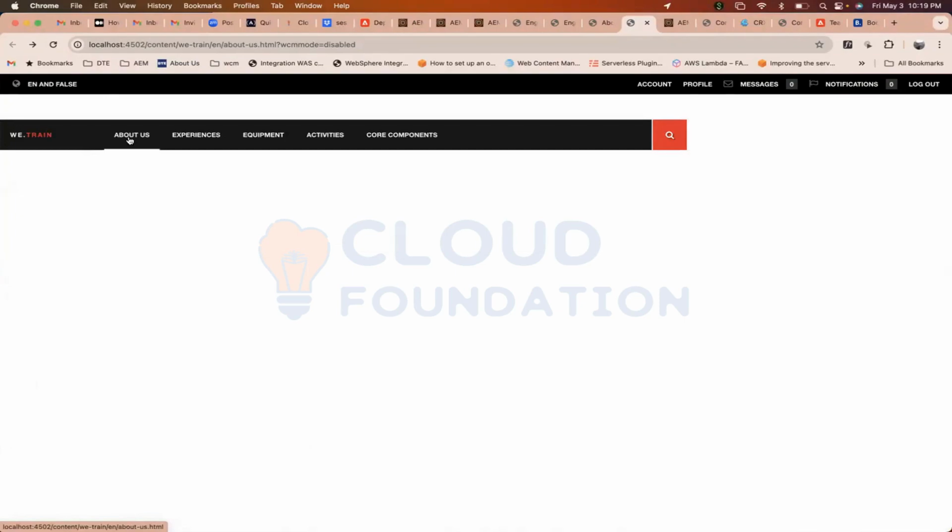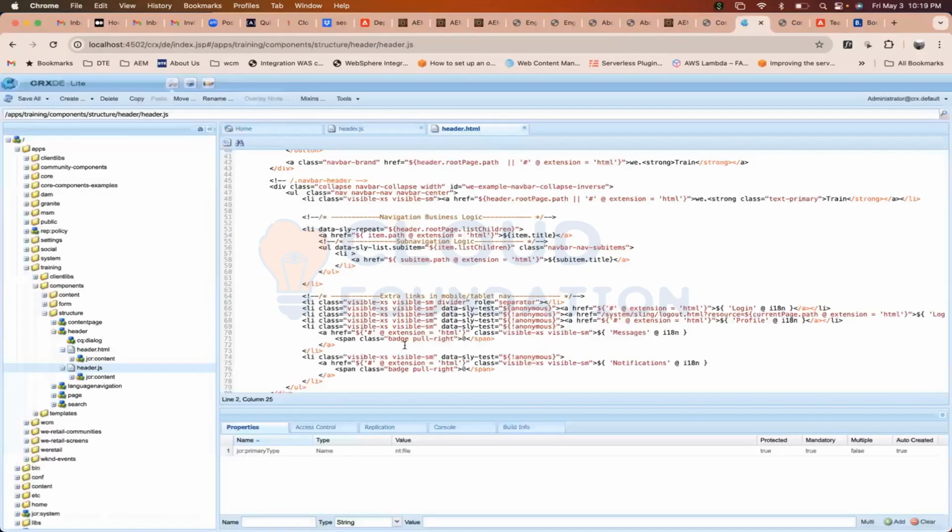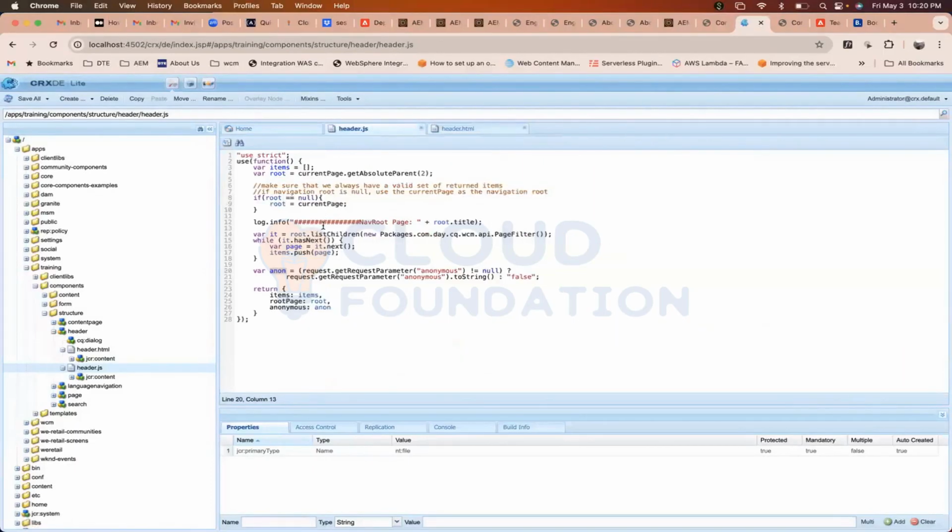Basically, if you go to header.js, there the root page is always considered as two levels of parent. It doesn't matter what the current page is, it will give you current page as a root page, line number 4. You see current page dot getAbsoluteParent,